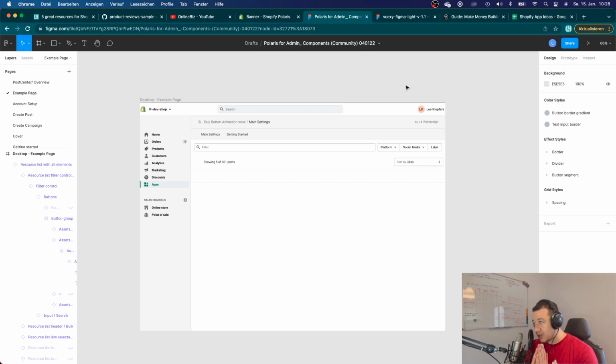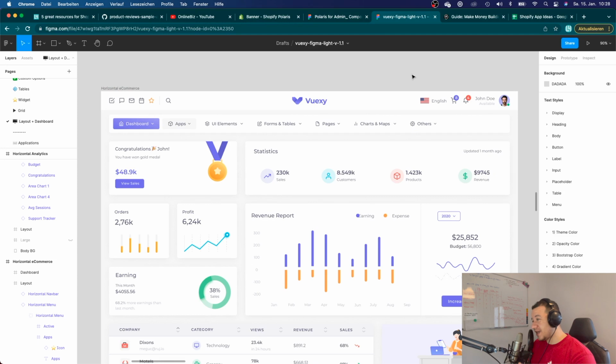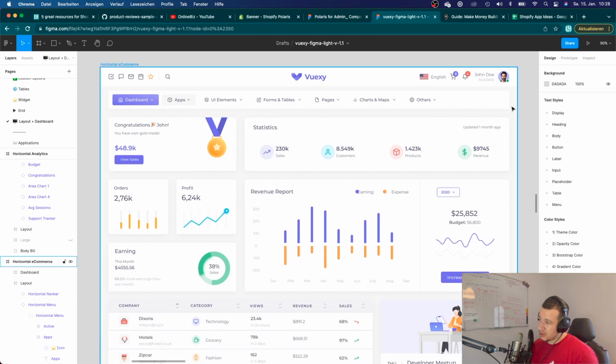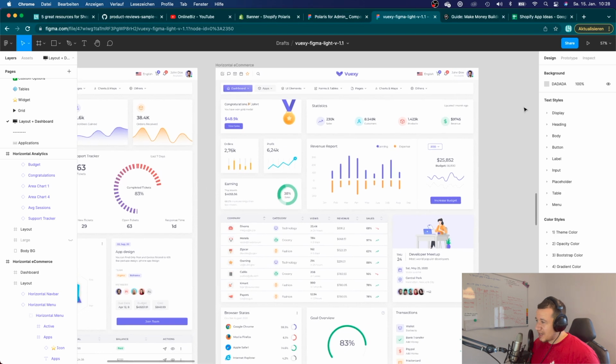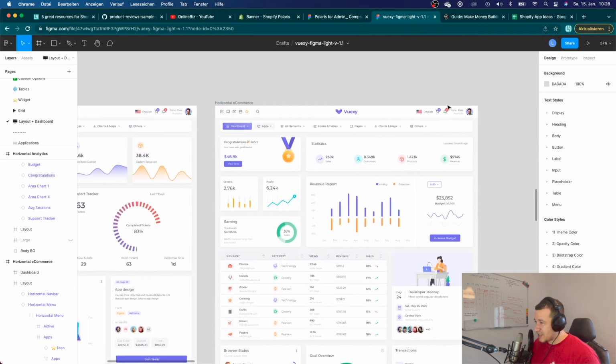For example, let me compare this to another dashboard UI kit that I bought from ThemeForest, because I have to be honest, Polaris is not the best looking UI in the world. There are some better ones out there, and before I started with Polaris, I thought, all right, maybe I want to build a dashboard that's a little bit better looking, right? So I went to ThemeForest, bought this dashboard UI kit, and this is what I found. I do like the UI, and I might come back to it later. I'm not saying that I will not use this at all, but